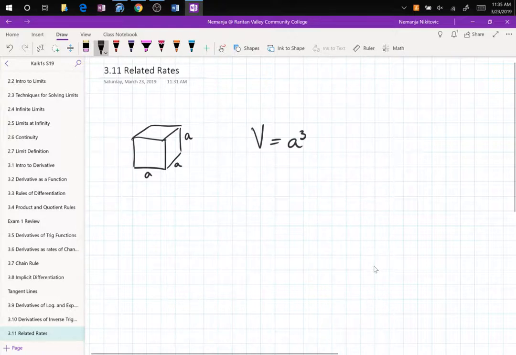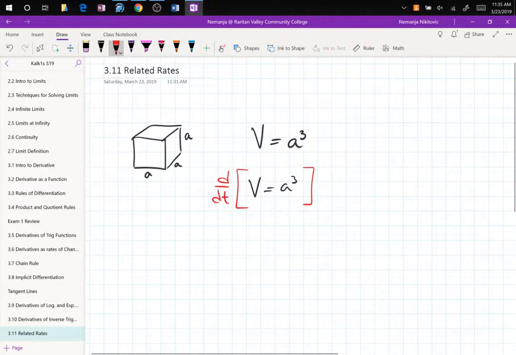Or you have, let's say, a soccer ball that is deflated, and then you put the air in it and it expands. So if you are doing something like that, the radius is getting bigger, the surface area is getting bigger, the volume is getting bigger. So these are connected. So if I take my volume formula for the cube and I differentiate this in time,